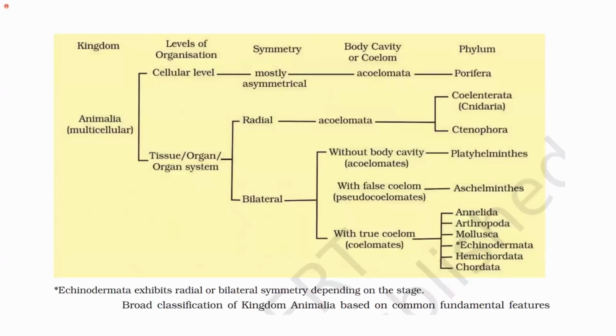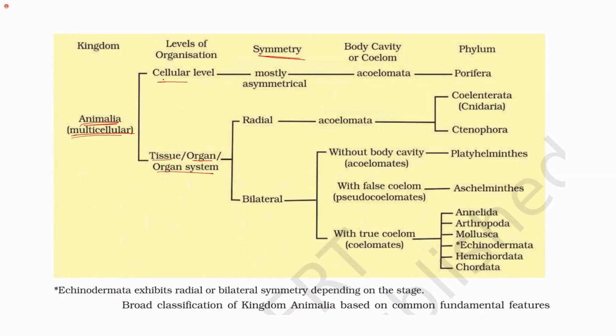So this is a kind of summary of whatever we have understood in the last lecture and in today's lecture till now. So we have kingdom. Kingdom is the Animalia. This Animalia kingdom includes the animals that are multicellular, which are heterotrophic in nature, right? On the basis of level of organization, we have cellular level, and then we have tissue, organ or organ system level of organization. After level of organization, we can classify the organisms on the basis of